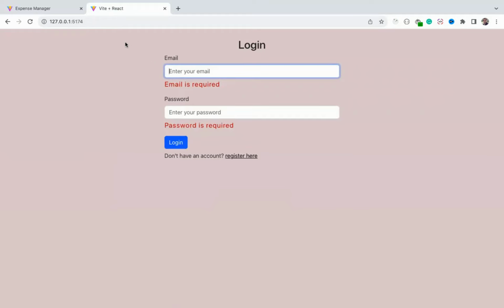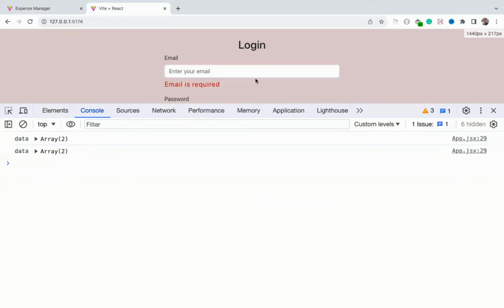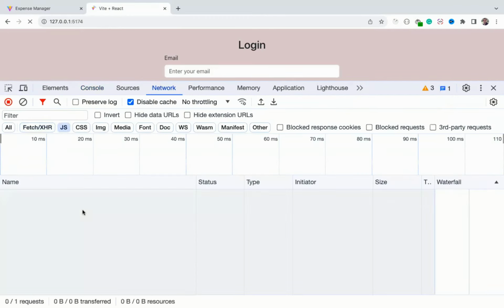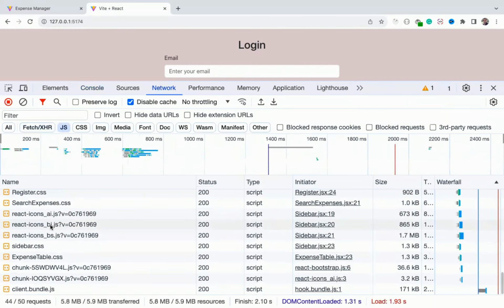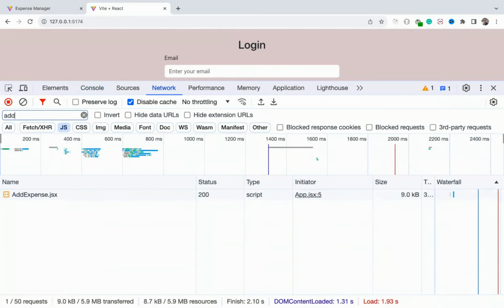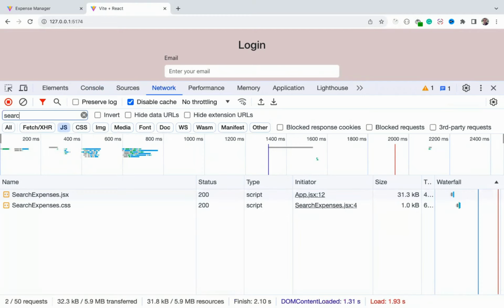If I go to the network tab, click on JS, and refresh the page, you can see all the files. I have the search expense page, add expense page, then the profile page. All these pages are loaded initially itself. So 20 KB of this. If I go to search expense, you can see 31 KB of JavaScript file, then 1 KB of CSS